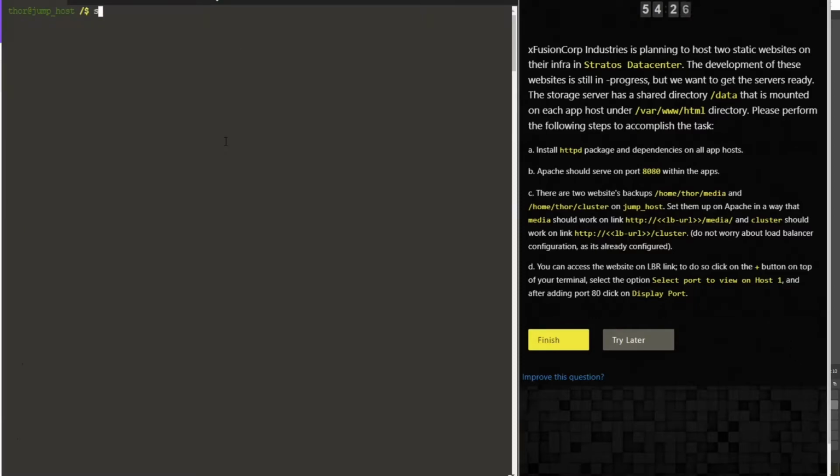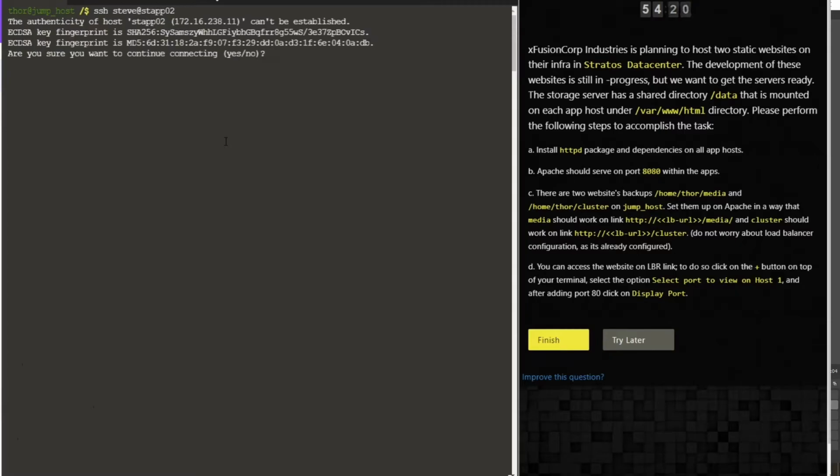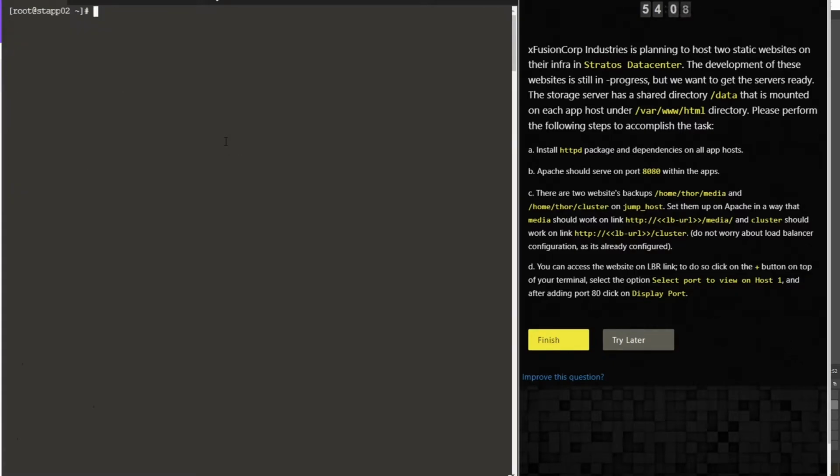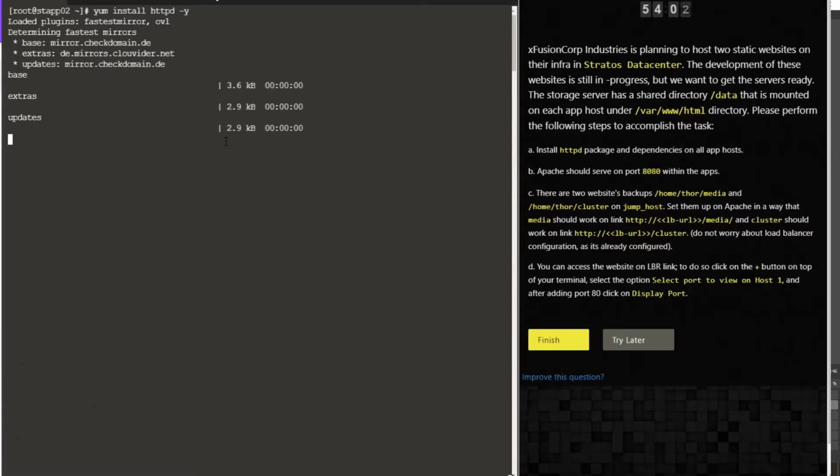Our setup in the STApp01 or the first application server is done. So now we are going to set up the second application server. Okay, let's install the HTTPD package using yum install httpd -y.